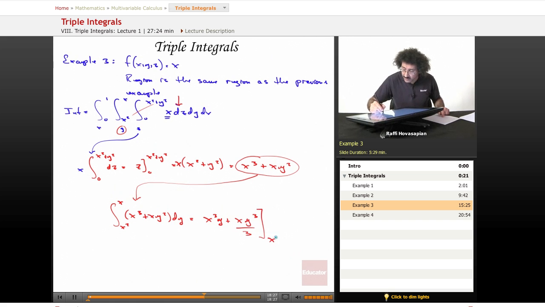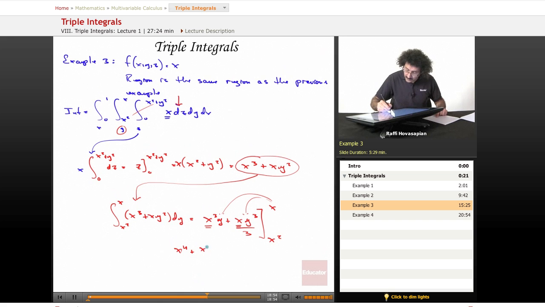And this time I'm going from x squared to x. And now when I put these values in, I'm putting these in for y, okay? x is a constant. Remember, these values are integrating with respect to y. So this x goes into y. So when I do this, I get the following. I get x to the 4th